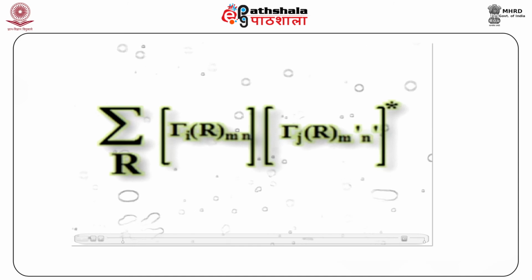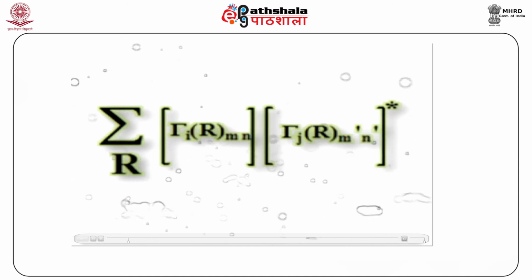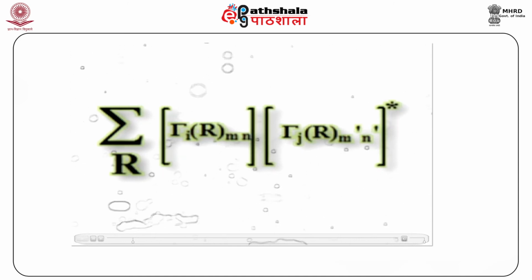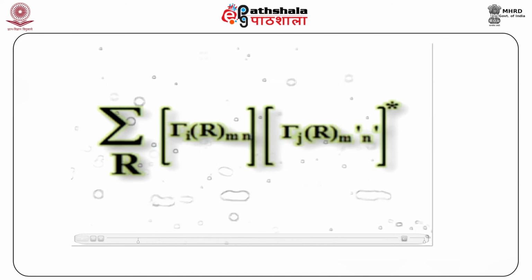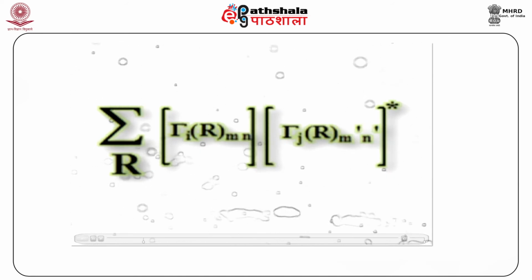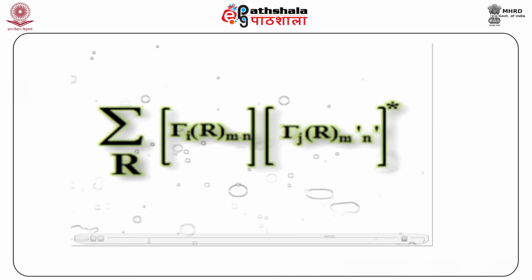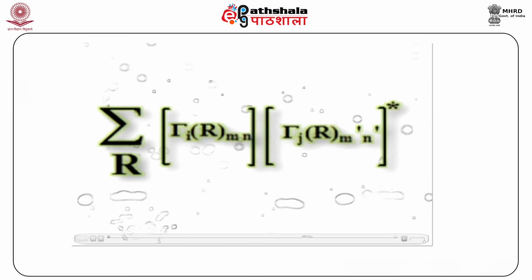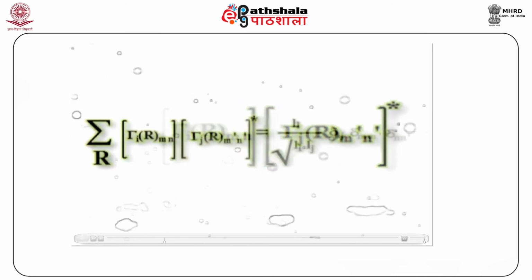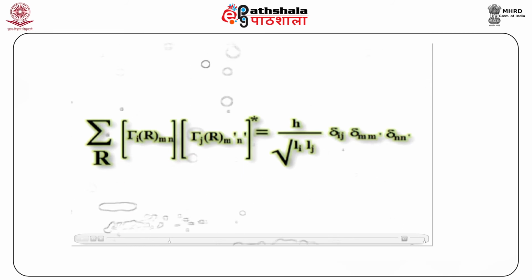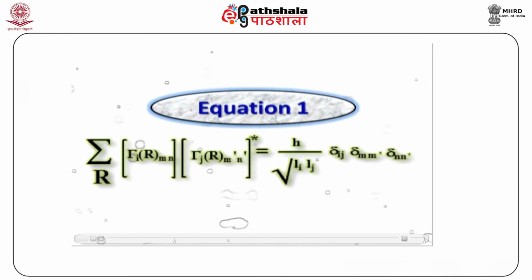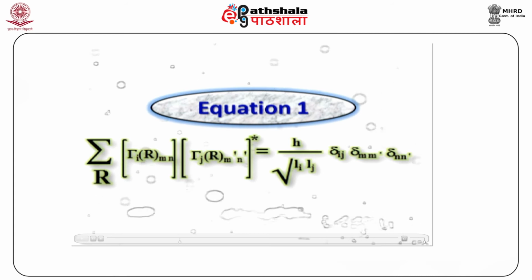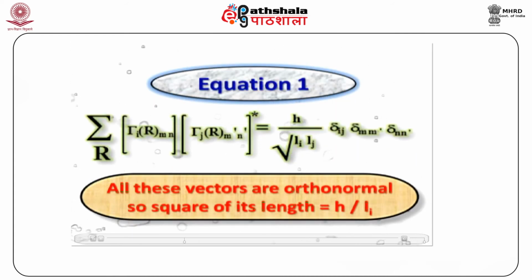Wherever complex or imaginary numbers are involved, it is necessary to take the complex conjugate of one factor on the left-hand side of the mathematical statement of the theorem. This is the left-hand side of the mathematical representation of the great orthogonality theorem. The right-hand side of the great orthogonality theorem is this. This equation is denoted as equation 1. In the set of matrices which constitutes any of the irreducible representations, the set.